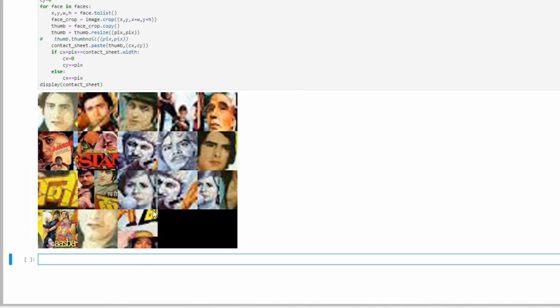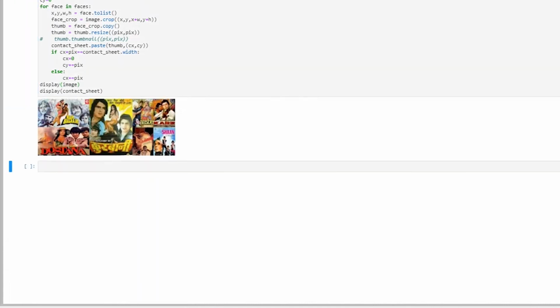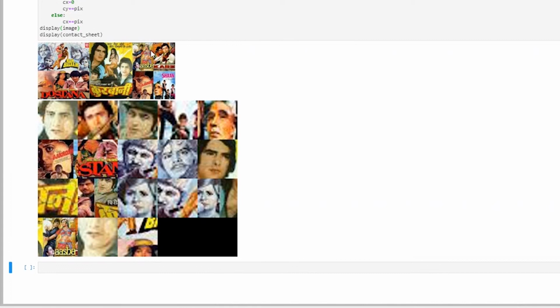There you go. So these are the 18 faces that it has identified from the image. Let me display the image once again here so it's easier to compare. There you go. So that was the original image in which we asked the code to identify the faces, and here are all the faces that it has identified. Of course, it did produce some false positives as we reduced the scale factor. So, and that's another thing to play around with to make sure you can reduce the number of false positives